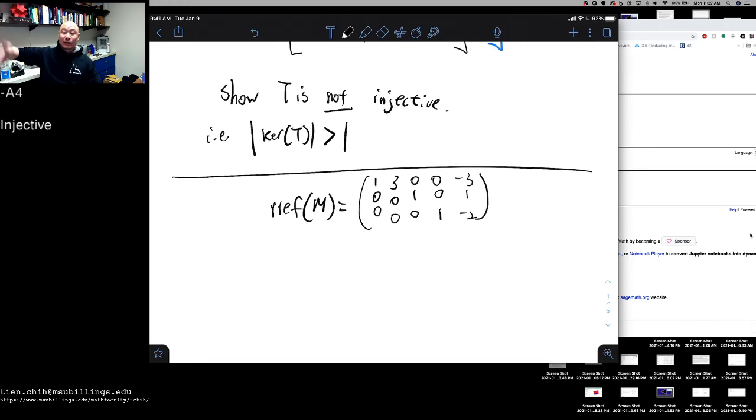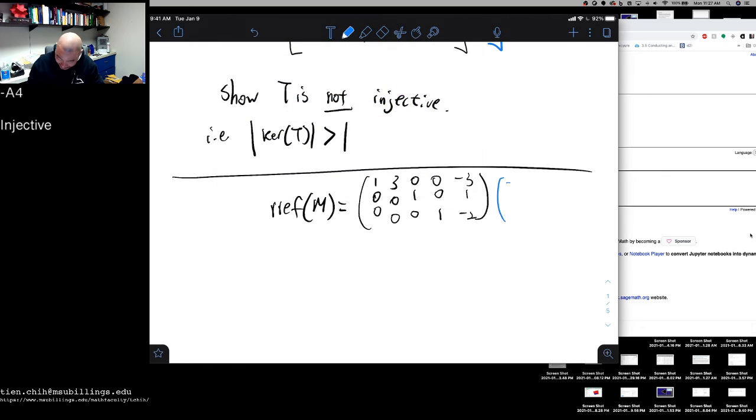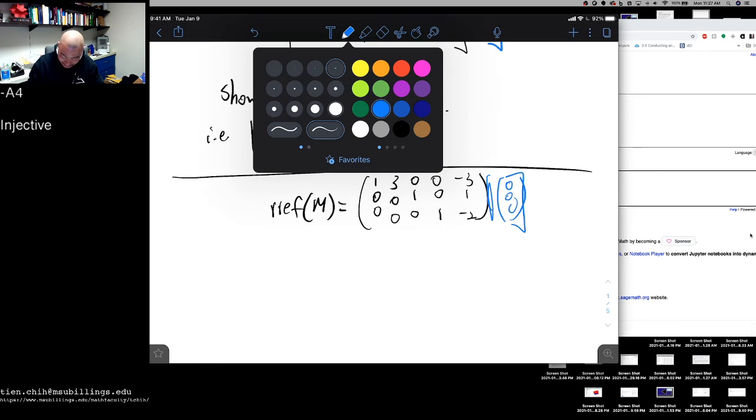And again, if we imagine that there was a 0 column at the very end, we can see here clearly that we have